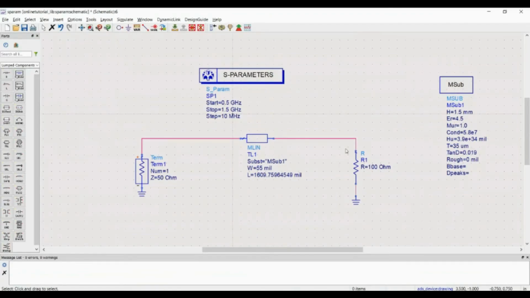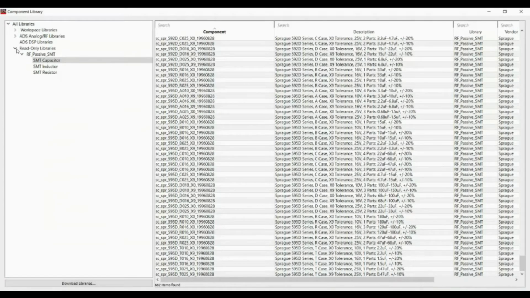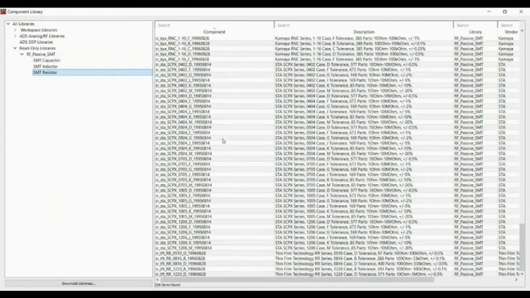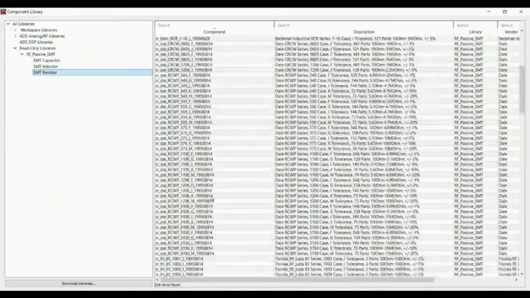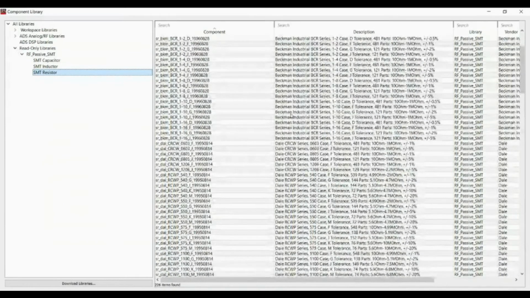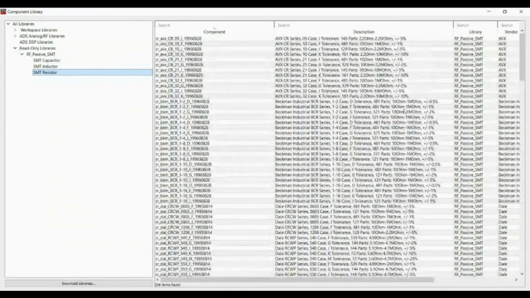So now instead of this particular ideal component of 100 ohms, I can go to library, and if I know which vendor I can reach for the component purchase, I select, for example, I take this Beckman component.